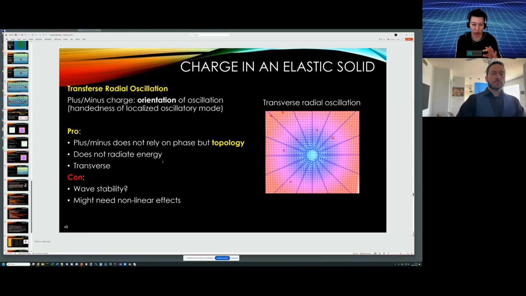So far we have assumed everything is linear, but there could be non-linear effects, and it's hard to actually come up with solutions like this. So this probably takes some more work. But intuitively that's the other option, where the topology is basically the charge. The type of charge is based on the topology of that motion, because you can have the direction of the wobble motion.